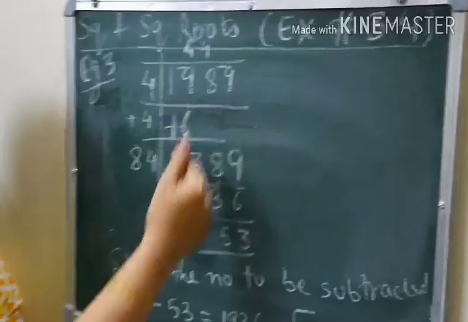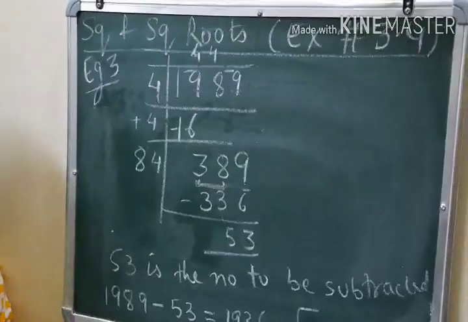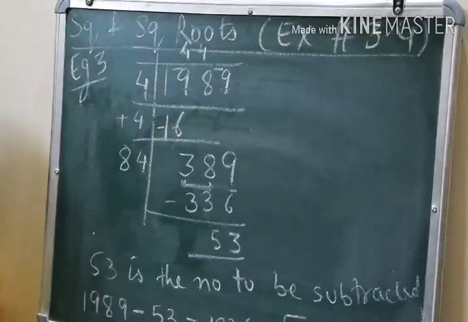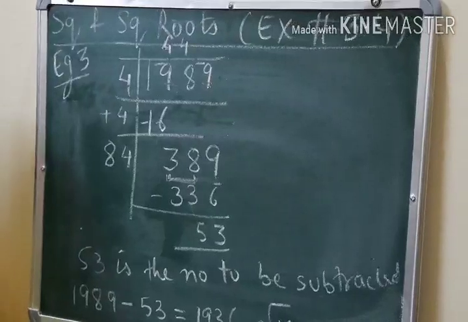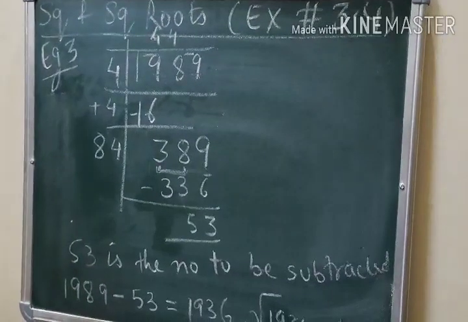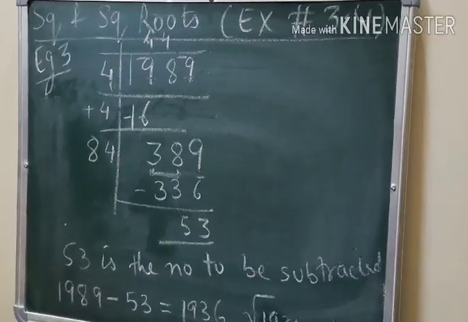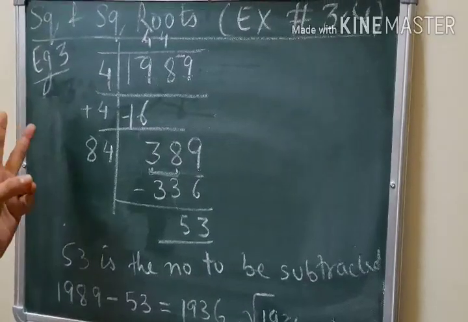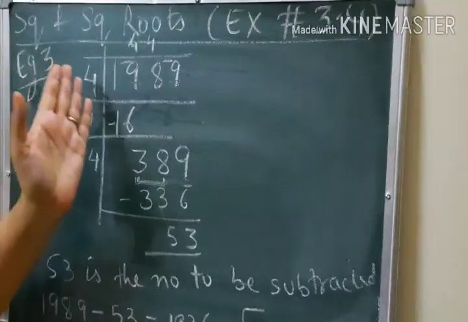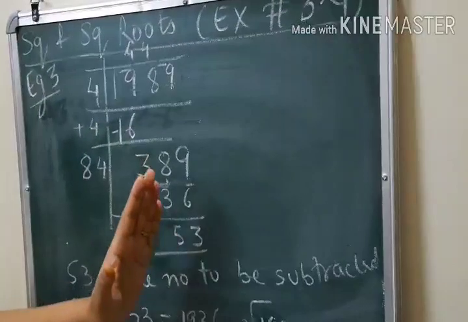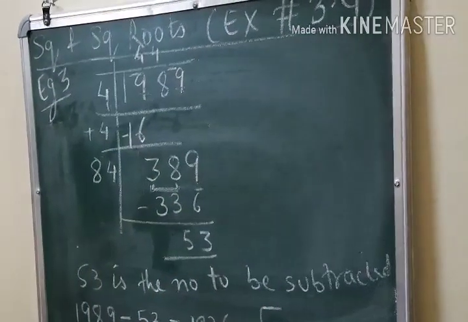So what we'll do, we'll just find the perfect square by long division. In such questions where addition and subtraction is used, you have to use long division method only. Prime factorization method cannot be used in these questions. For multiplication and division, we were using prime factorization method. For addition and subtraction, we will be using long division method.